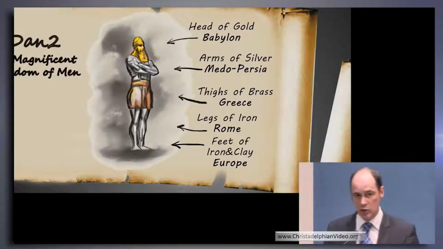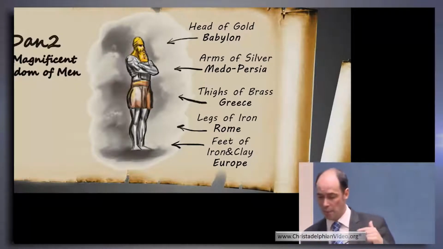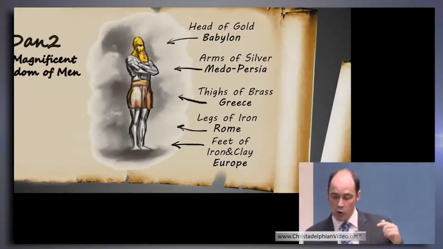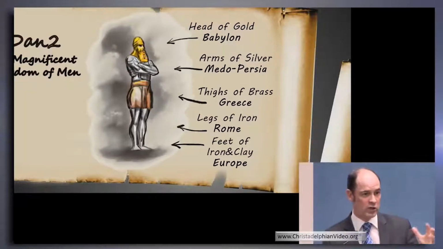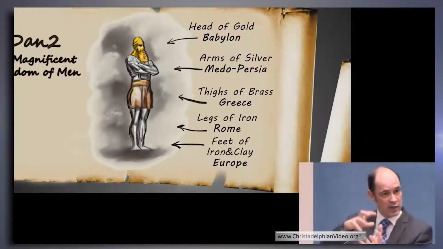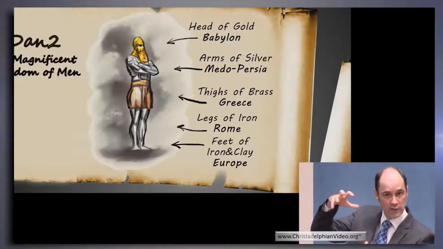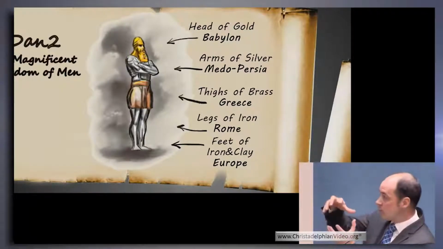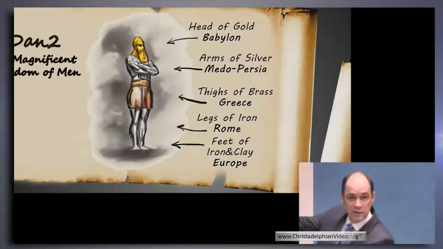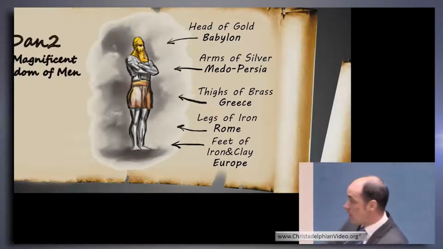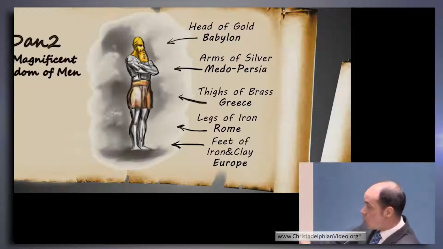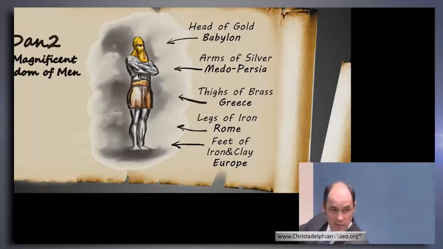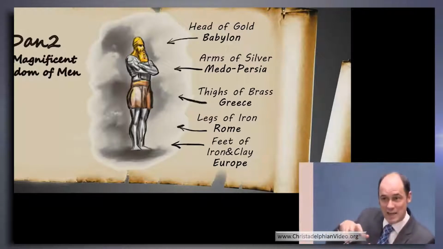When I was thinking about this, I was looking at it going, so how come this is all one image? First of all, it's a man. It's like this overview of the whole of prophecy from here on. If you don't know, you then go further into Daniel, and the story of each of those parts is split up into different sections. And then finally, when you get down into Revelation, the whole detail is about the legs and the feet, the Roman section. So it's almost like this is the index page of prophecy right in front of you.